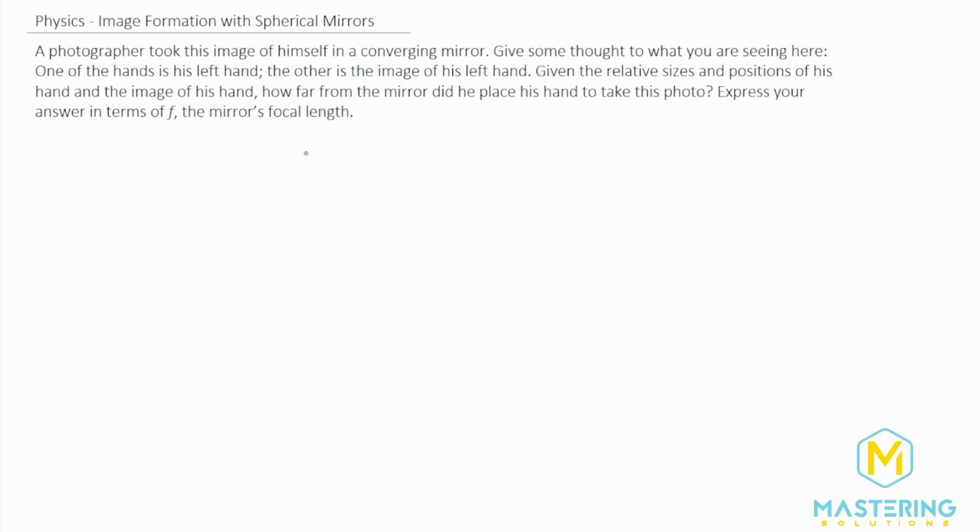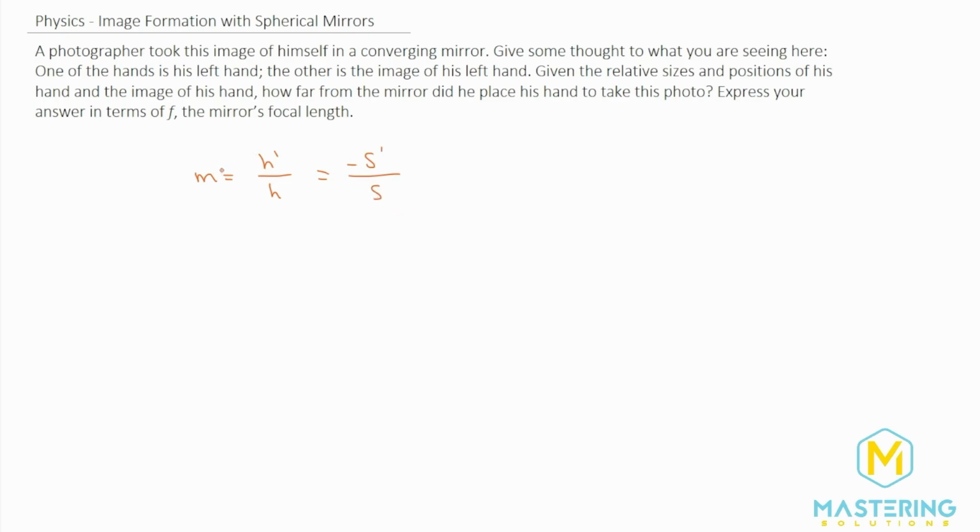But once you understand it, it's actually a really fun question to work through, and it's kind of a cool concept to think about. To start, we want to use the magnification equation, which says that magnification is equal to the image height over the object height. And that's also equal to the negative image distance over the object distance.